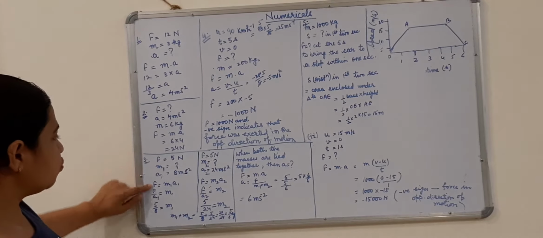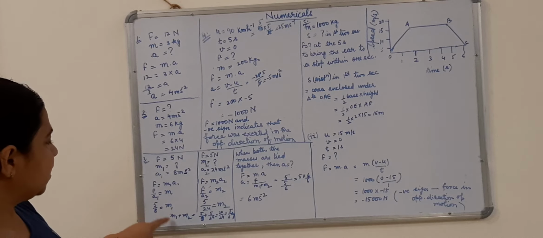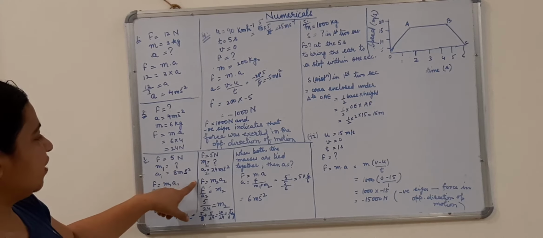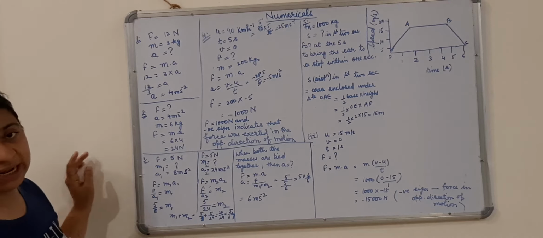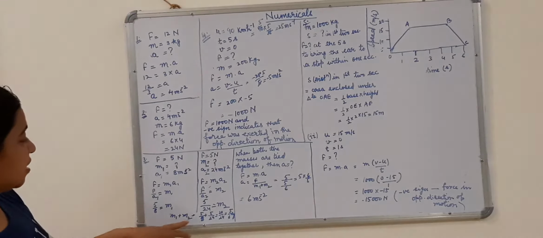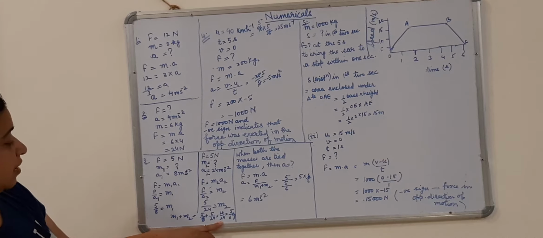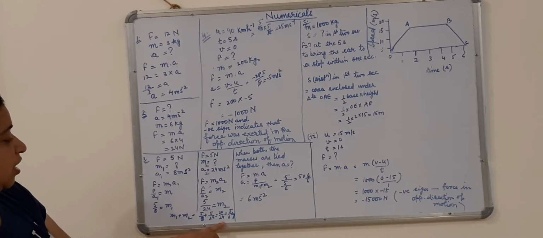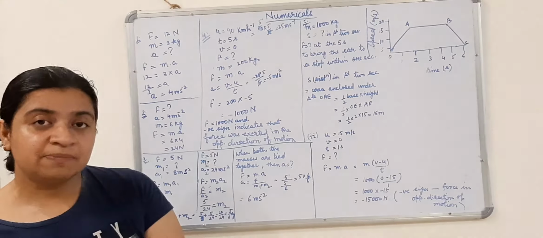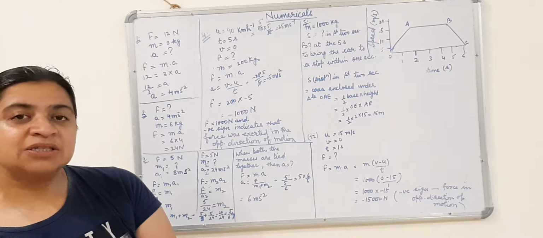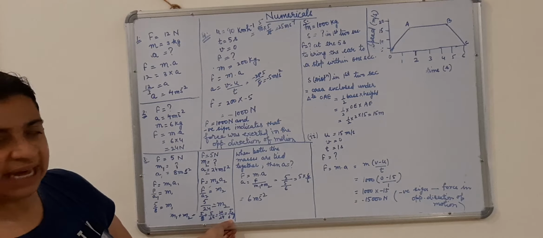From the formula F is equal to M1 A1, we can find the value of M1, that is 5 upon 8. Then we can find M2 from the same formula, that is 5 upon 24. Now let us tie these two masses together, that is 5 upon 8 plus 5 upon 24. 24 will be the LCM. Then 5 times 3 is 15 plus 5, that is 20 upon 24, which equals 5 upon 6 kg. When we tied both the masses together, the combined mass of M1 plus M2 is 5 upon 6 kg.